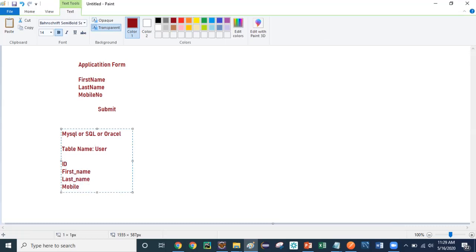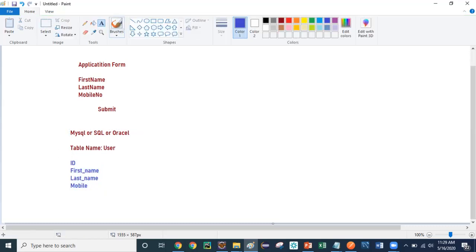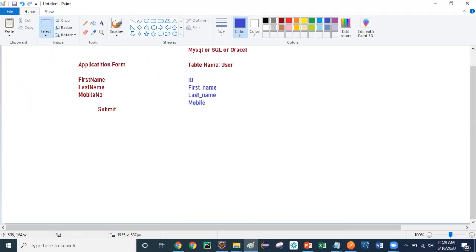These columns you have in your table. Once you submit this information, let me take it over here, it will be easy for me to show the mapping. This is a GUI form.